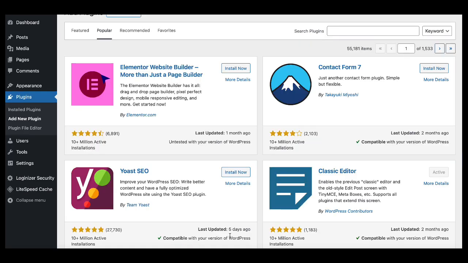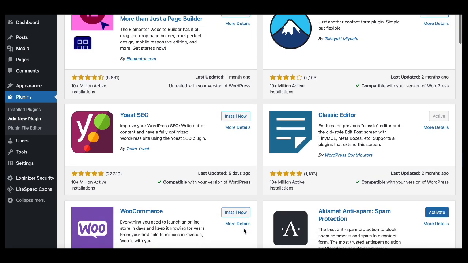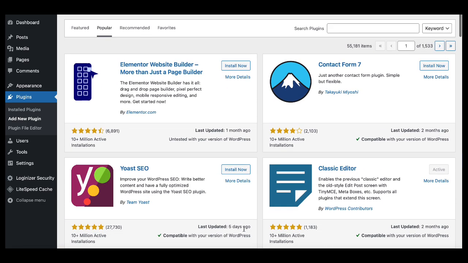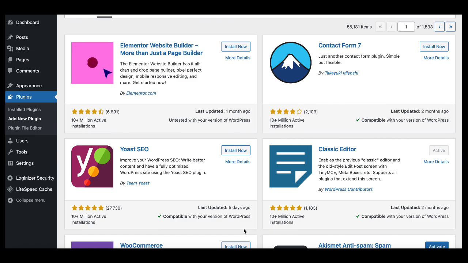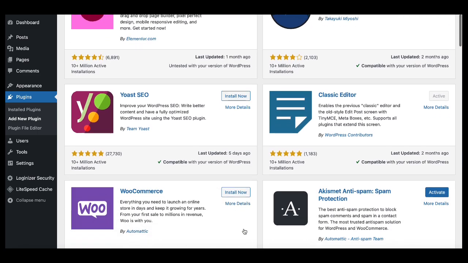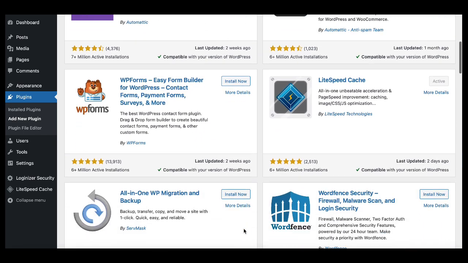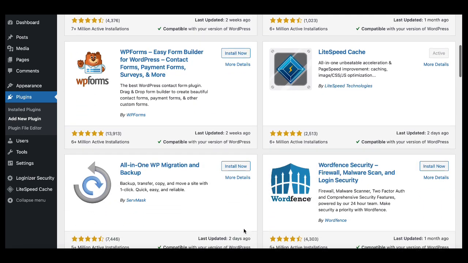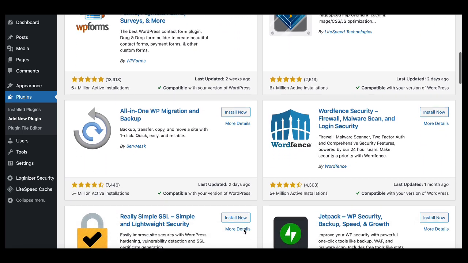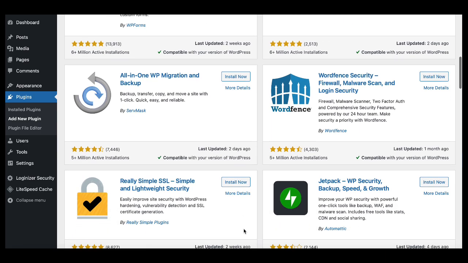Now let's talk about plugins. Plugins can be added to your blog, and they can help you with different things like SEO, security, if you want to have an online store, form builders. So there are different purposes for these plugins.